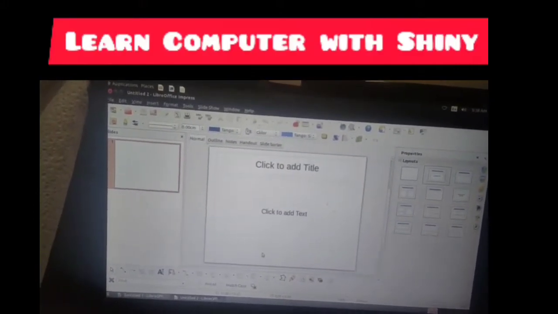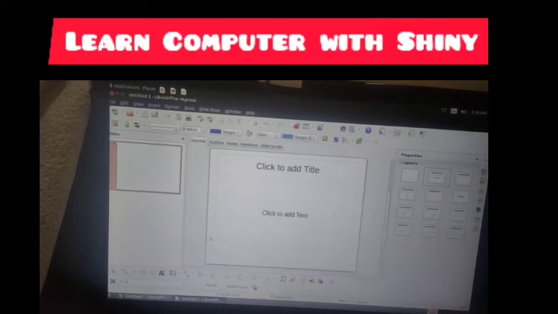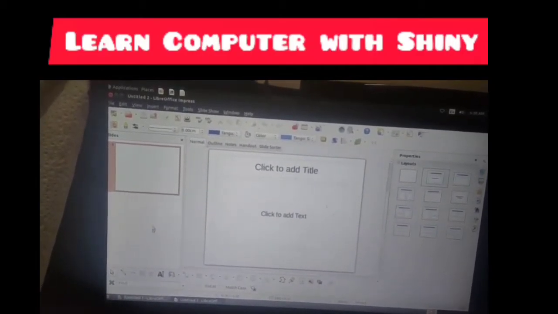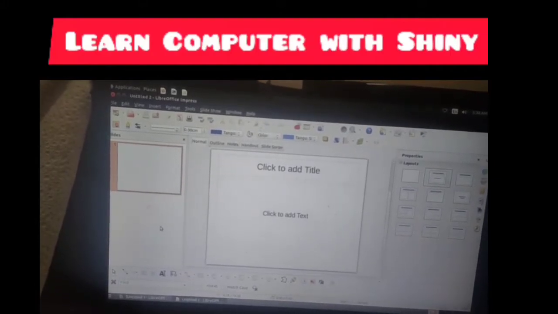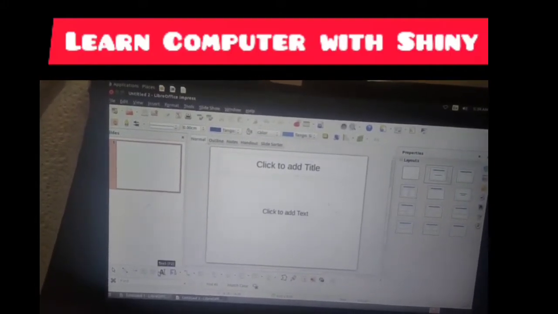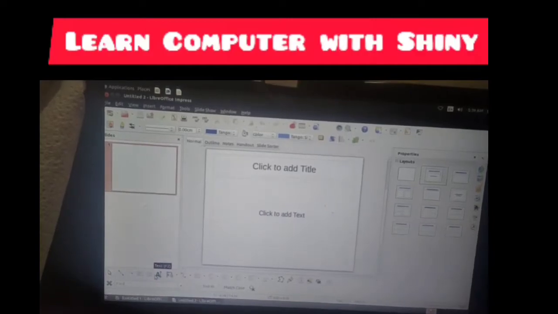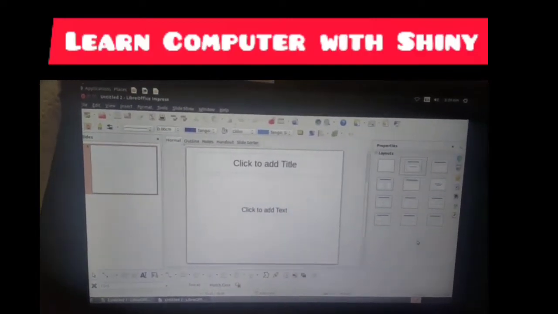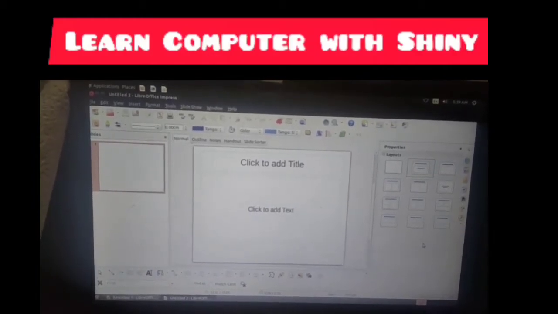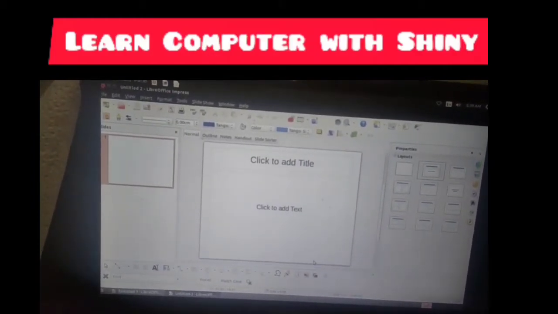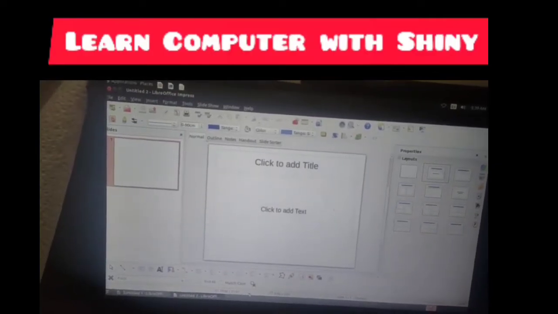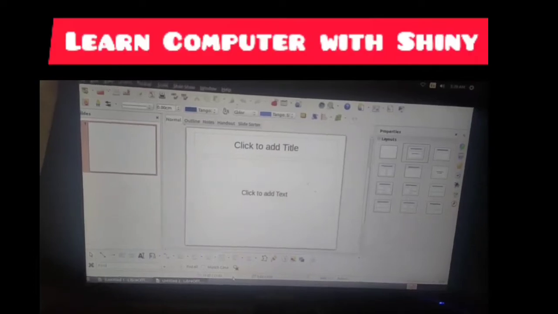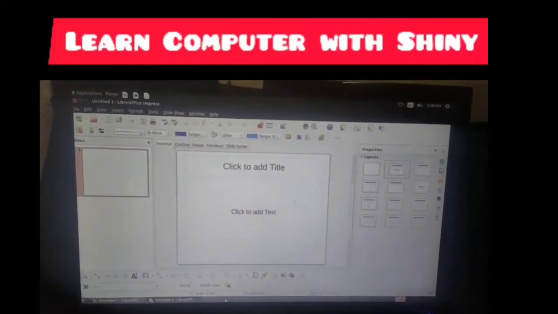This is the workspace. This is the slide pane where you can see your slides, miniature slides. This is the drawing toolbar. This is the sidebar. And at last, this is the status bar where you can see the status, how many slides are there.